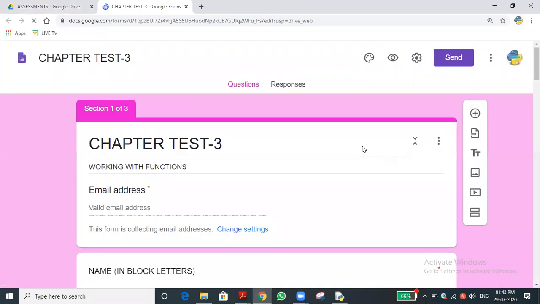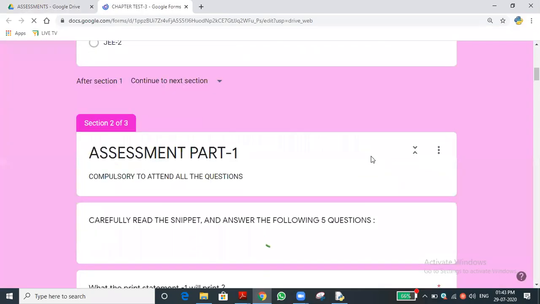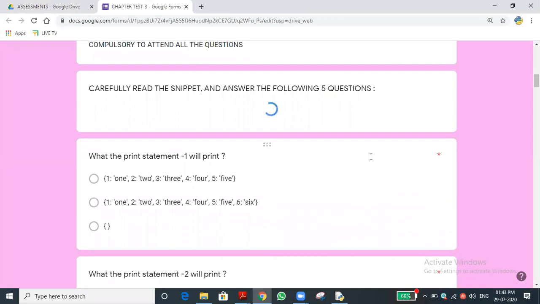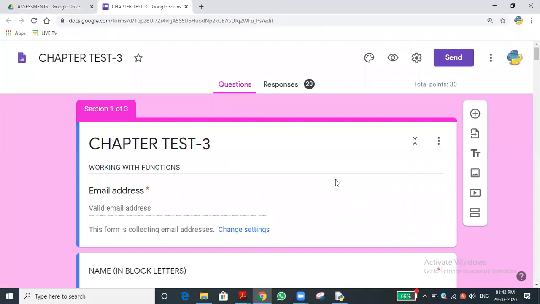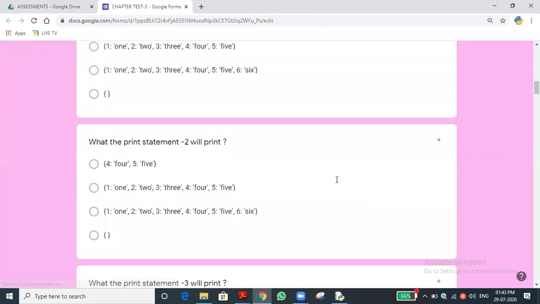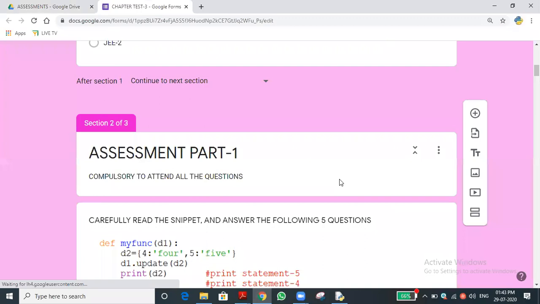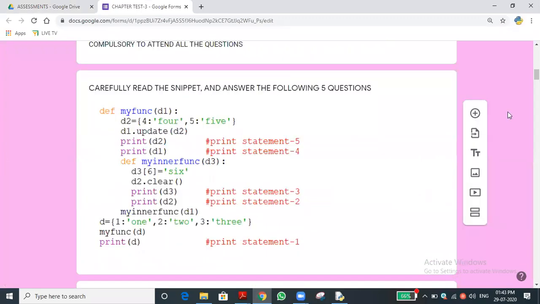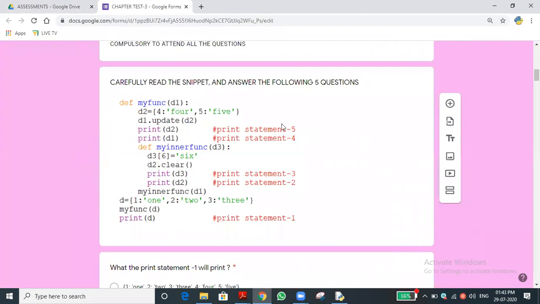Okay, this is a test now. Yes, sir. One minute, let it open. What is your doubt? Shall I go from the first one onwards? It will be loading, the image will get loaded. It's not yet loaded. Is it okay? This one, no, sir. Inside that my inner function, below print statement 2, that you are having the doubt. Yes, sir. Yes, I will explain it.